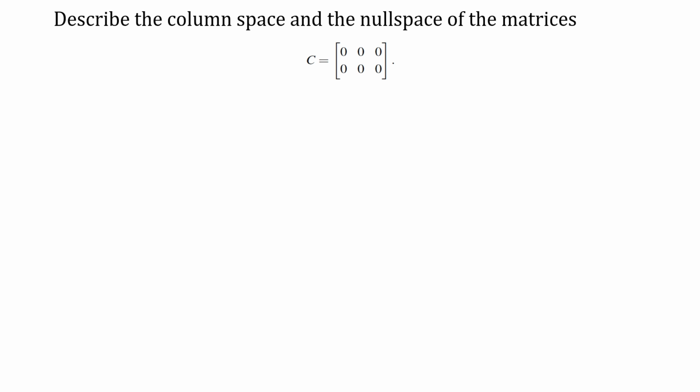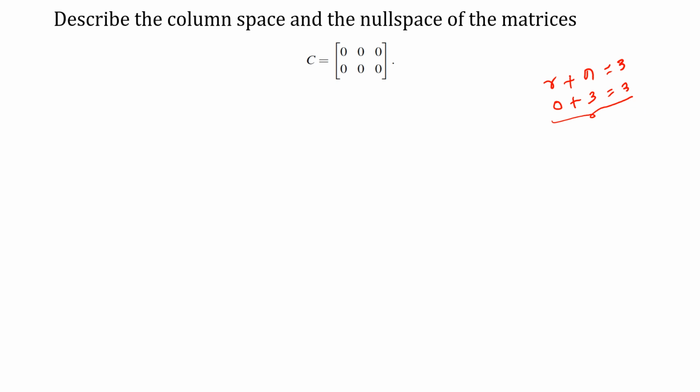Consider the next problem. It is a 0 matrix, a null matrix. Then the rank of the null matrix plus the nullity of the matrix should equal the number of columns. Here the number of columns is 3. We know that the rank of the null matrix is 0. Then what could be the nullity of the given matrix? It must equal 3. The rank nullity theorem is verified here.